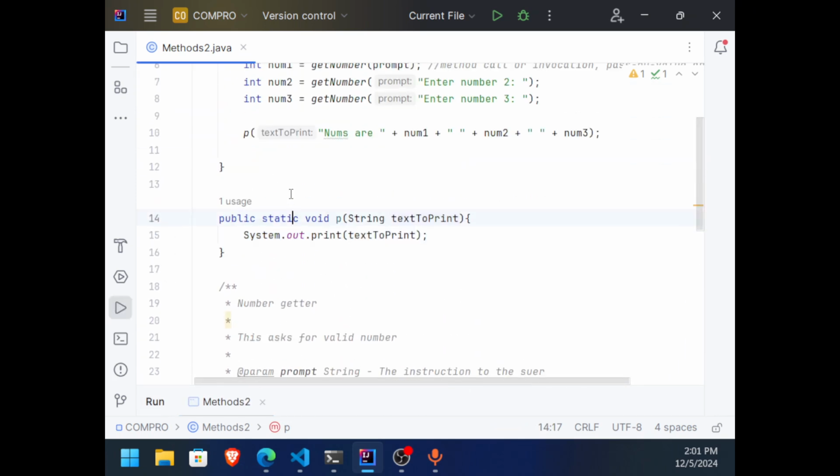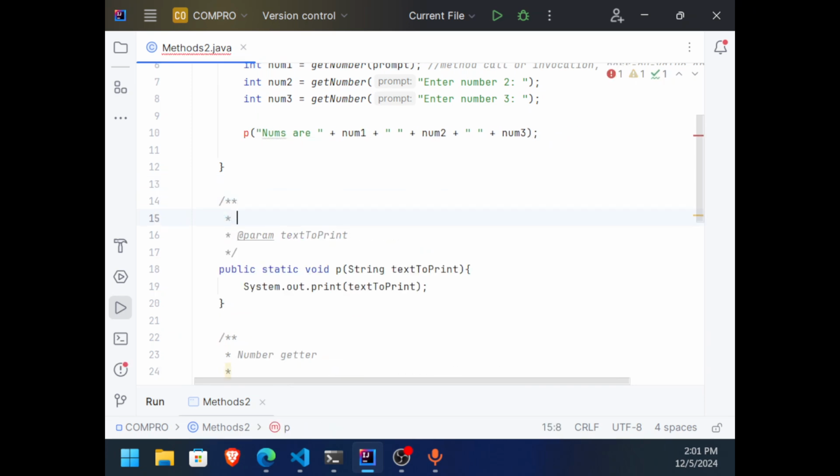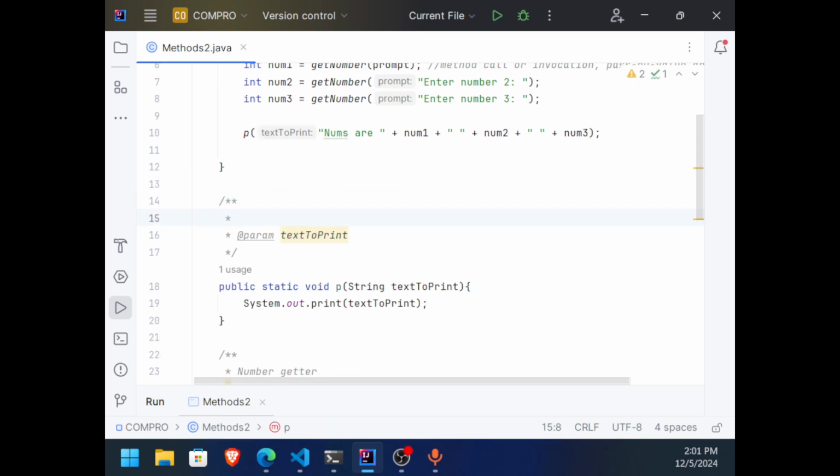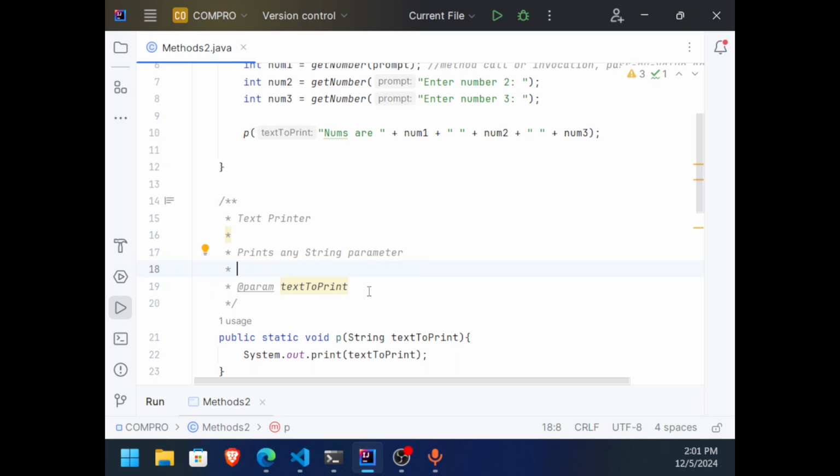Of course, I don't want to forget my Java doc here, so I can have text printer, prints any string argument or parameter, something like that. Text to print, the text, or this is a string, the text to print.